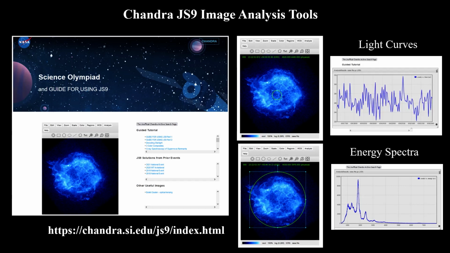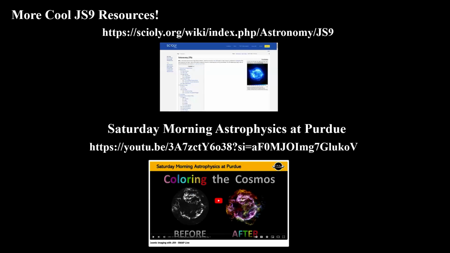You can load any FITS file from any bandwidth into JS9 and do image analysis with it. So I hope that you learn how to use JS9 and become more proficient with that. Now, it isn't the only place to get help on how to use it.